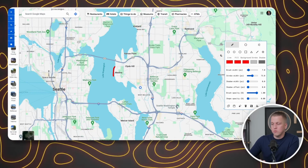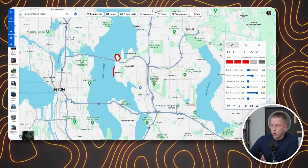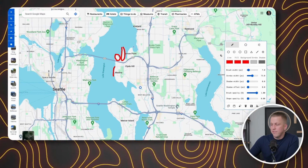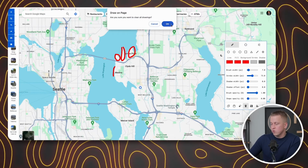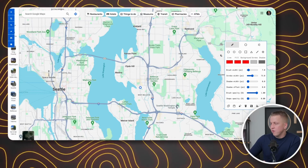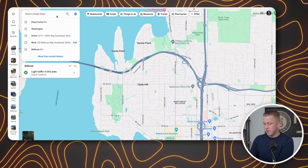And then talking about most expensive real estate, we also have this part of Medina is Evergreen Point Road, we have Hunts Point, and then we have Yarrow Point. So these are the 3 points on the shores of Lake Washington that are also very desirable and very, very expensive. But Bellevue itself, it's a